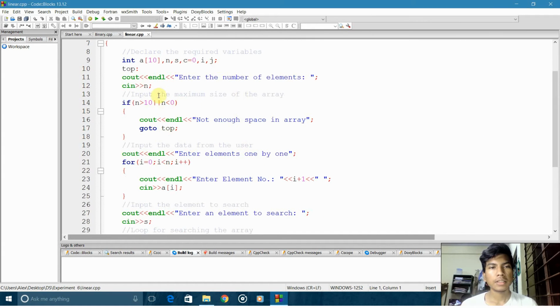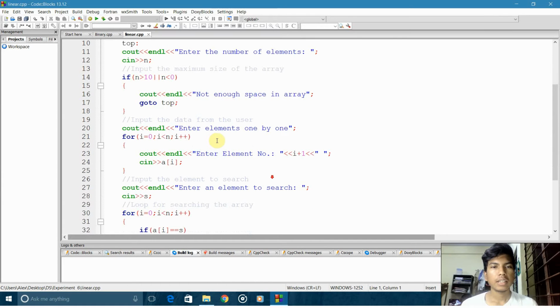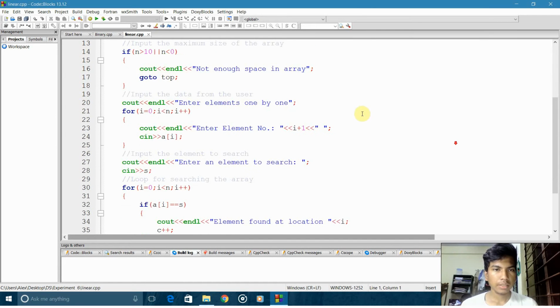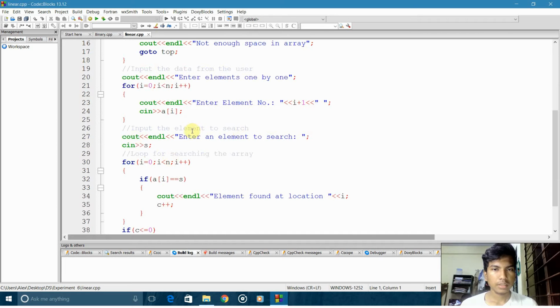So first this part is to input the elements into the list, and we get this input from the user, and we move on,